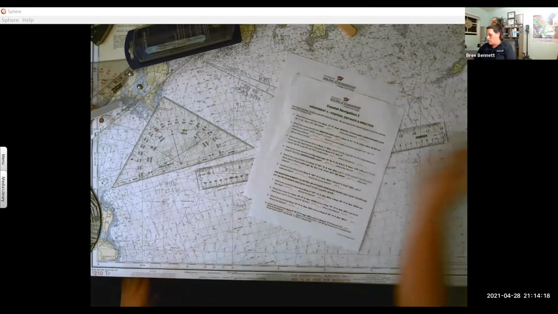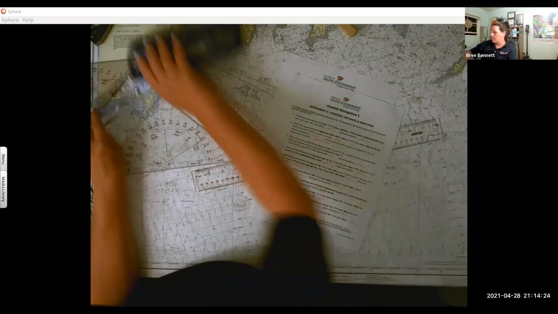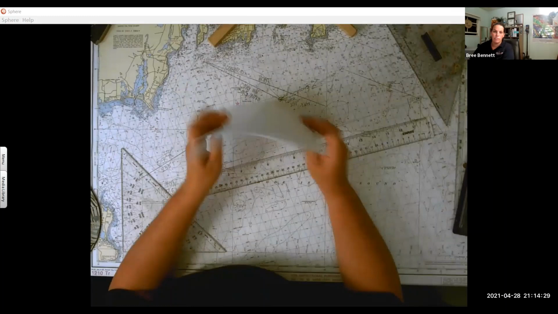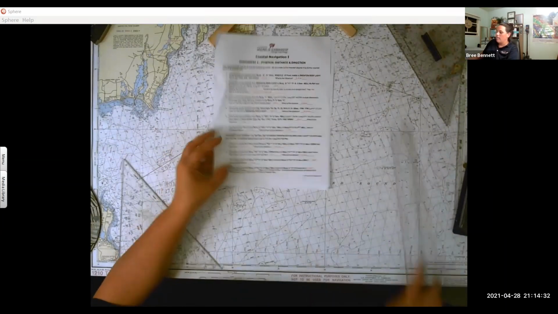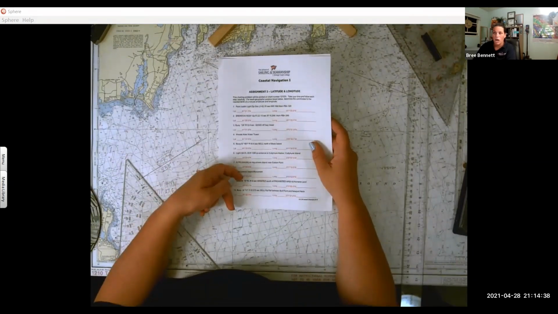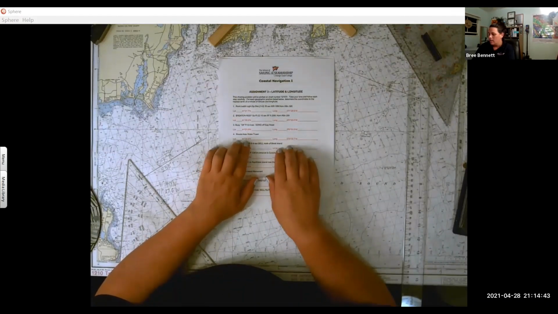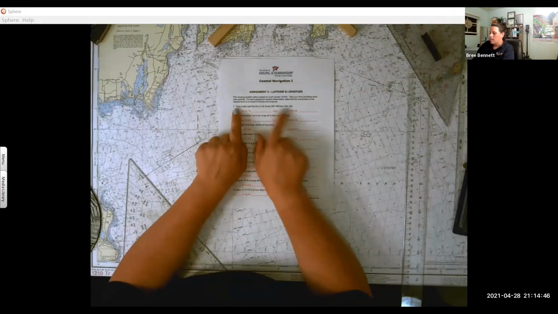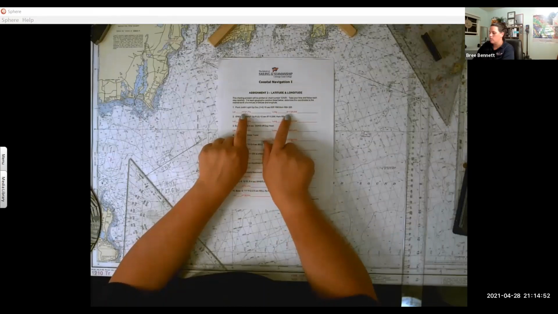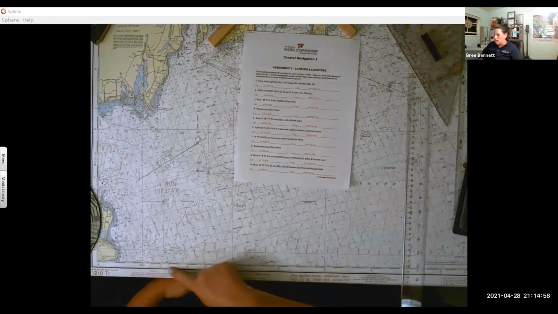So let's dive into assignment 3. So this is also, again, going to be that chart familiarization. I mean, most of us will have no idea where any of these things are. So you can look at the answer sheet and ballpark. You know, this one says Point Judith is 4120 something and 07128 something. So I could look, you know, at the bottom of my chart, I'm looking for